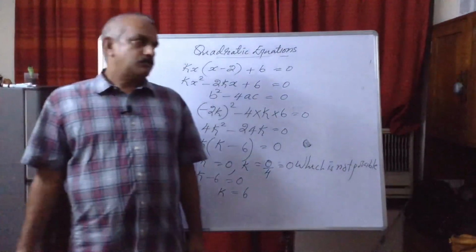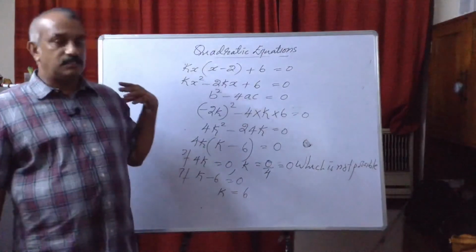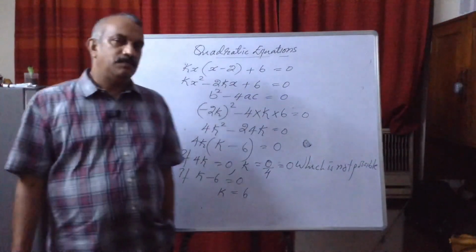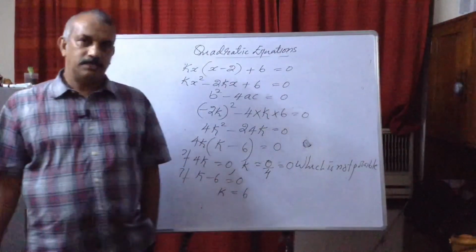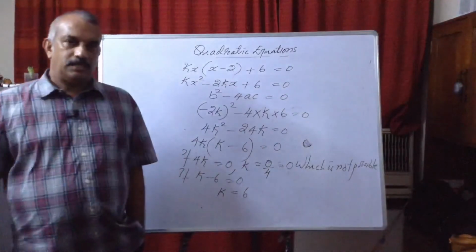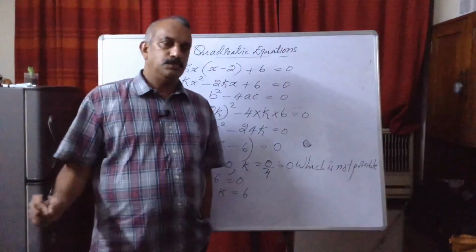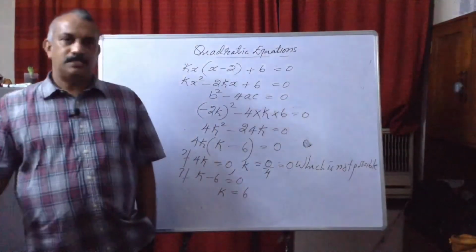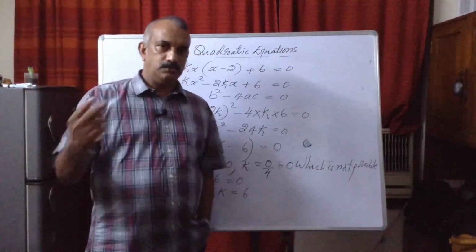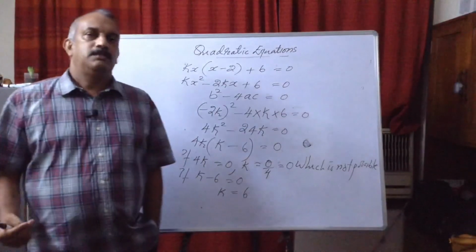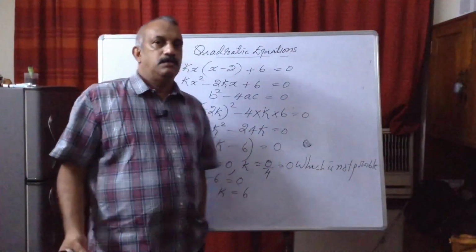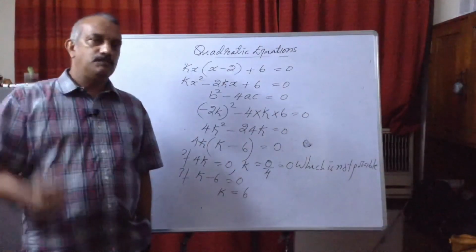Then next one is conditions for consistency. Now this b square minus 4ac in the formula is also called the discriminant, because it decides whether the quadratic equation has 1 zero, no zero or 2 zeros. So if b square minus 4ac is greater than 0, two distinct roots, two different roots it will have. Then if b square minus 4ac is equal to 0, two equal roots or one root will be there.